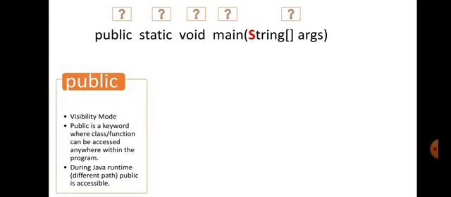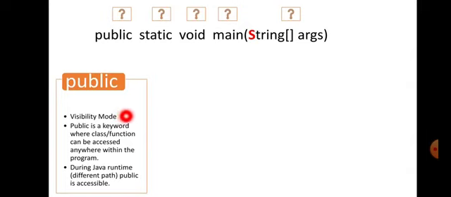Any ship which does not know the distance or the way can clearly see that lighthouse and come to the seashore. So public means it is open to all. That means any number of functions declared within that program can have access to it, if it is declared with public visibility. So public visibility is open to all.